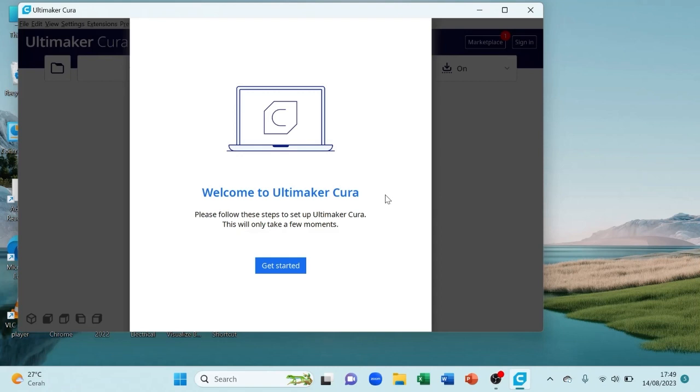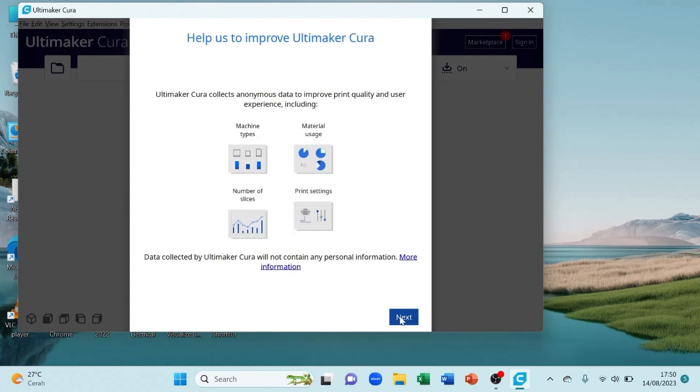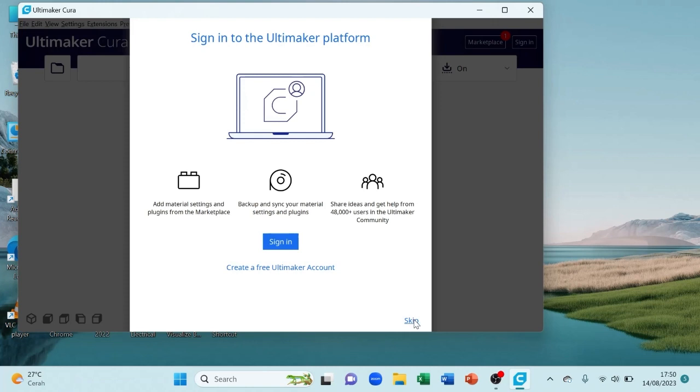Okay, after opening Ultimaker Cura, select get started, agree, next, skip.